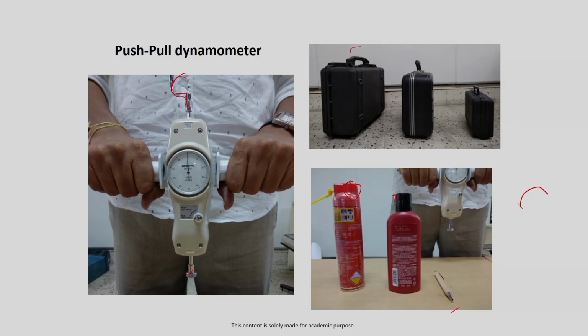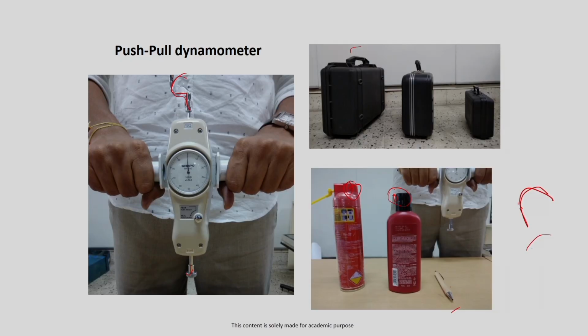If it is with this finger, then it should be compatible with this. And it is also important in case of affordance, what we have discussed. If it is something like this, maybe you will think you have to put your thumb. If it is something like this sideways, maybe you will try to put it like this. Also you require a certain force to exert. These are some products where we need to understand how much push the person can exert. If it is very weak, how much they can. If you want to make it for the weakest person, then first we need to understand that type of population, what is the ability.